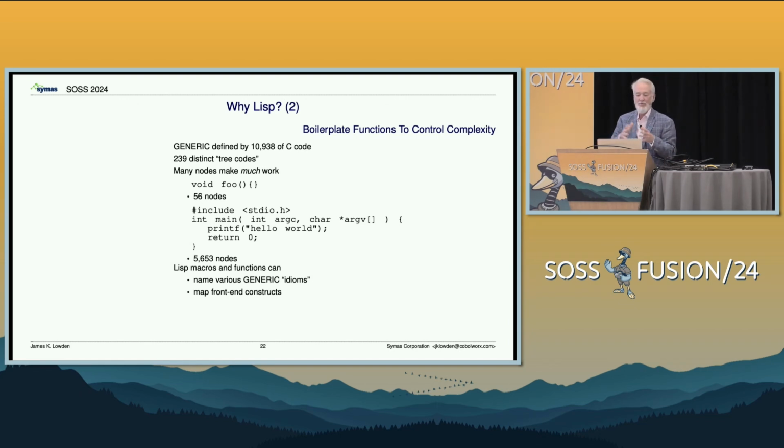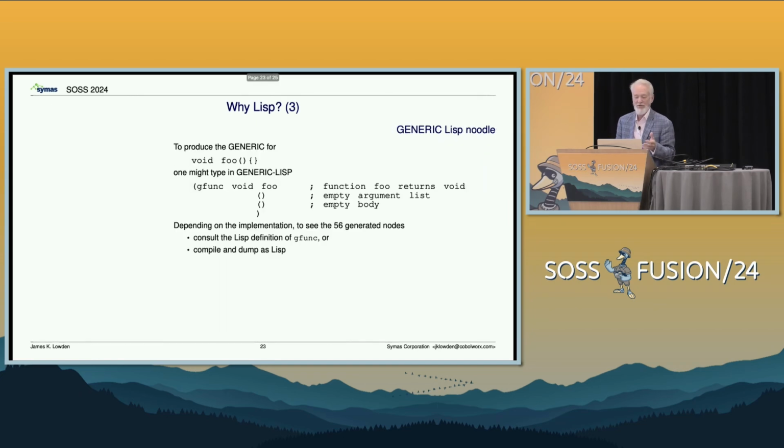And so your representation would be much, much simpler. You wouldn't write it in C, you would write it in Lisp, and you would get this little thing, and then you would use tooling to find the nodes. Either the interpreter itself would tell you where they were, or you would get a dump. There's lots of different ways. You could have a library that has certain things that collect together groups of these nodes.